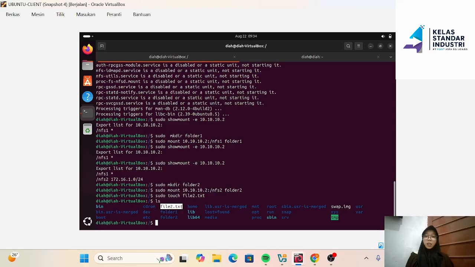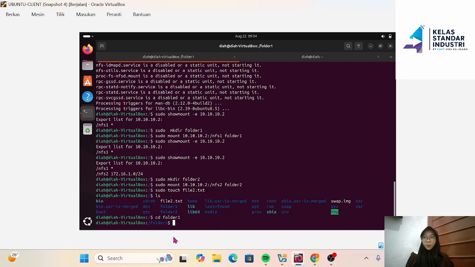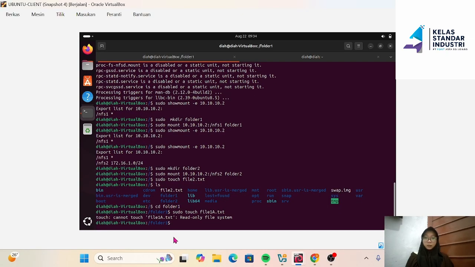In contrast, if we try to add a file inside folder 1, cd folder1, enter. We try sudo touch file1a.txt, enter.